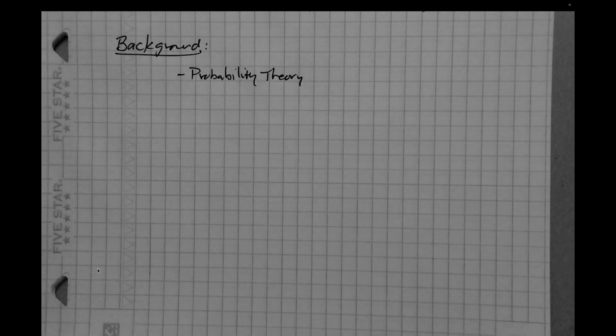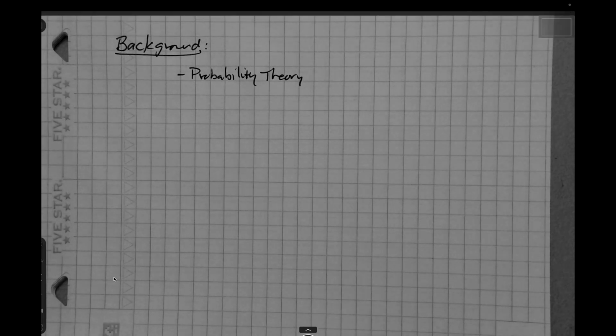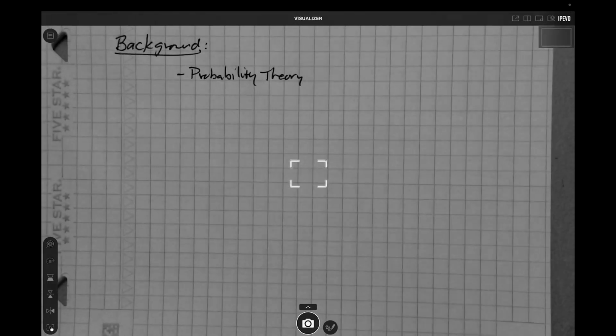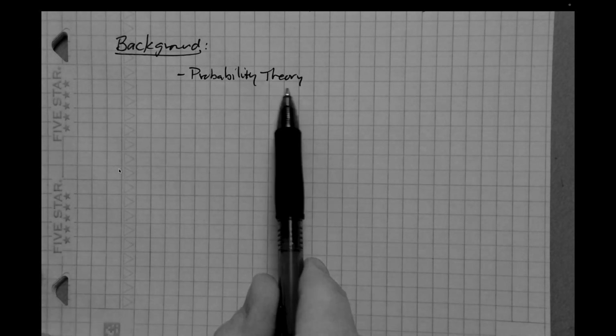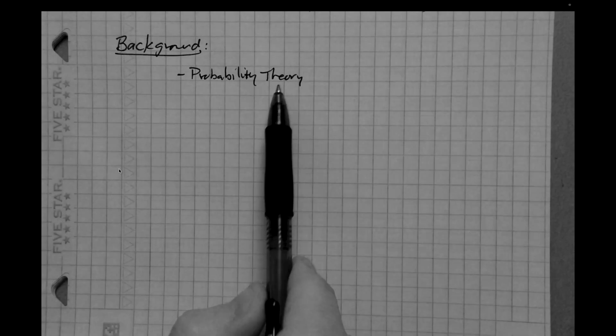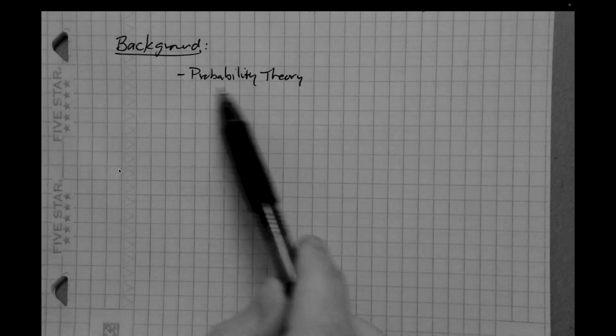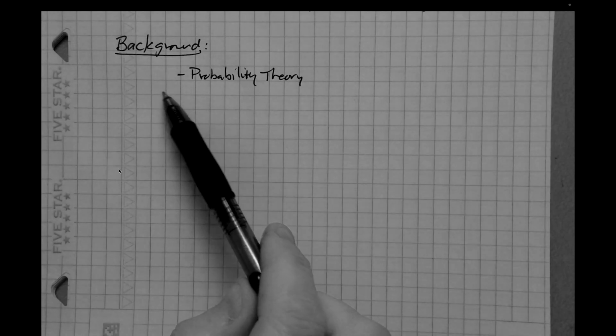Every university on the planet will require you to have probability theory before you take mathematical statistics. It's all based on probability theory, and without it, you're not going to understand. You'll have no context for any of the topics we're going to get into. If you haven't had probability theory, I recommend going back and watching my course on probability theory, because this course is just an extension of that.